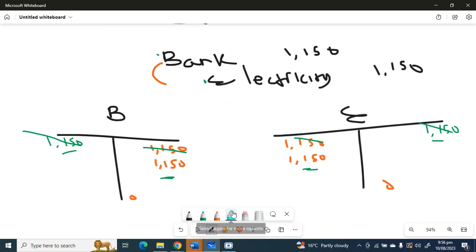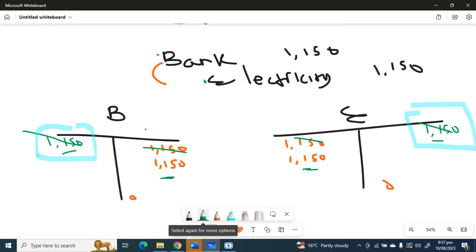So let me just explain one more time. Rasamu paid for electricity, but the entry was reversed. The reversed entry was here, where bank is debited and electricity is credited. So how do we correct this error? We need to double the amount that we're going to credit to bank and debit to